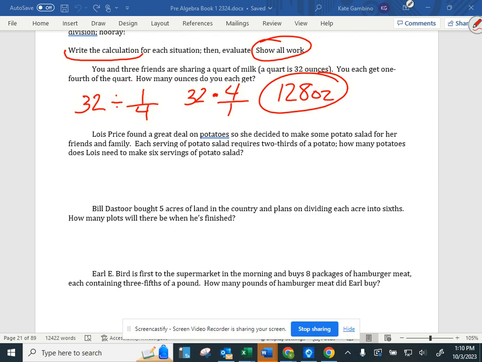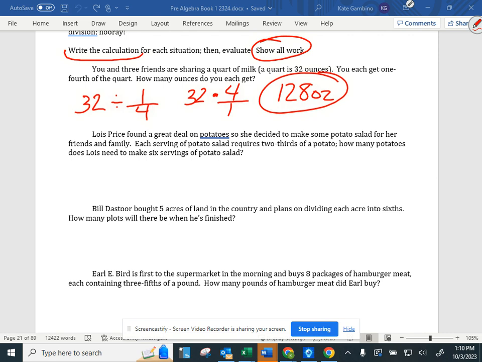Olivia? Because you don't have four quarts of milk. So, because if you multiply 32 by 4, because 32 is only 1 quart and you only have 1 quart. So if you multiply it, then you would have to have 4